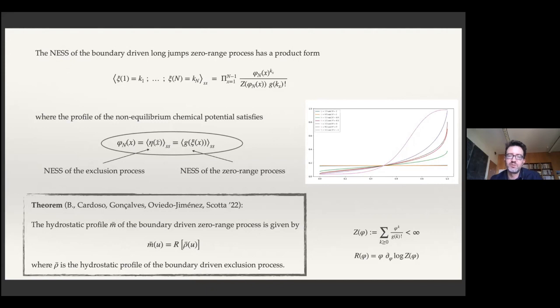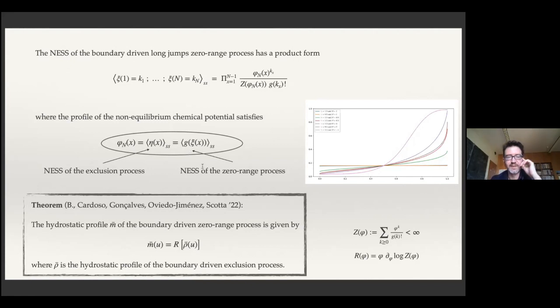So it means that if you look at the exclusion process in its stationary state, the average occupation number in the exclusion process with long jumps is equal to the g of phi(x) in the stationary state. So here it is the same notation, but here it is the stationary state of the zero-range process, and here it is the stationary state of the exclusion process. So there is a relation between the exclusion process and the zero-range process, but which is only valid in the case of the